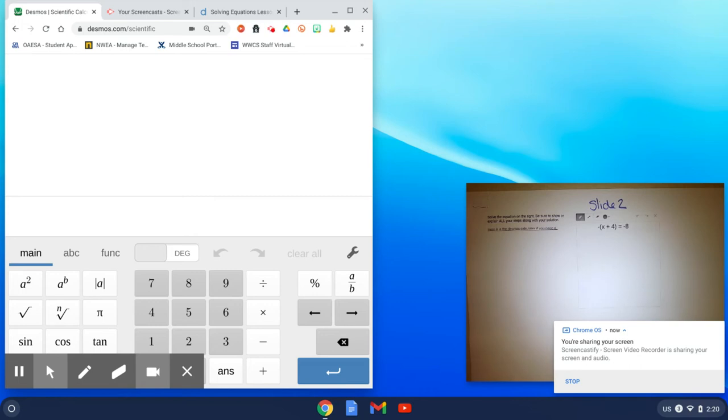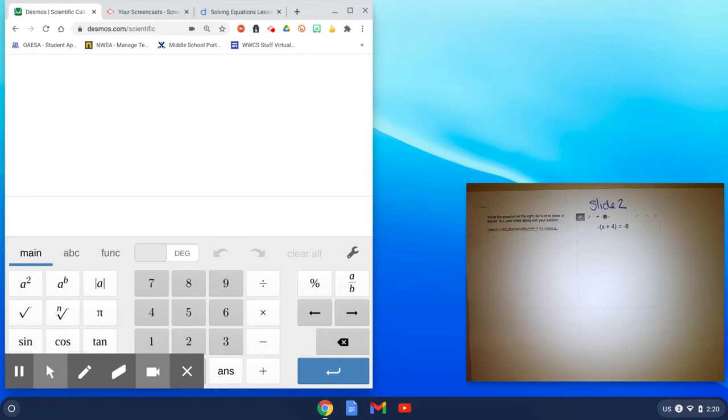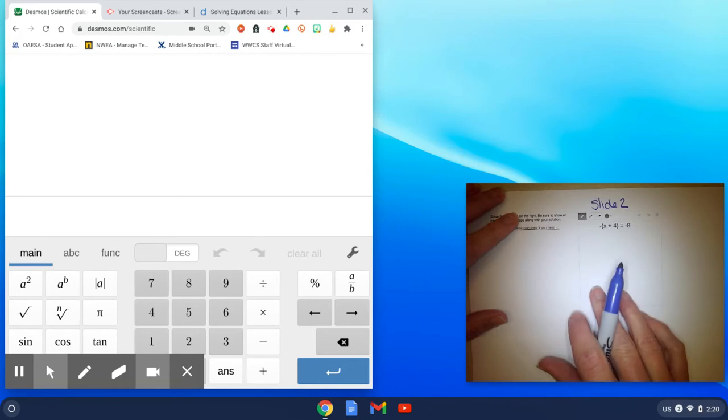Well, hello there. If you're seeing this, you either missed a Google Meet and did not get the instruction over this. Maybe you need a refresher. Maybe you want a preview. However, we are going to go over the first few slides on the Desmos lesson number 7 for solving equations